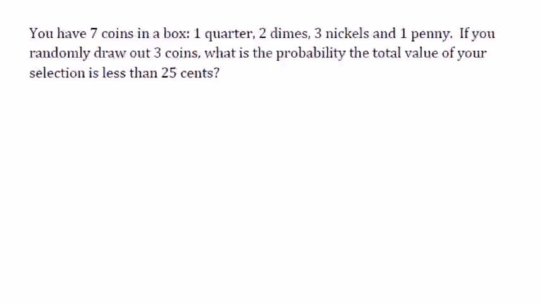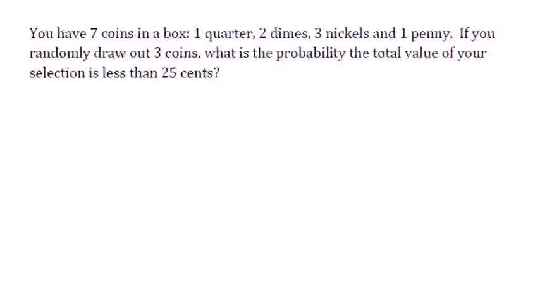Okay, so this is a good probability problem. It says you have 7 coins in a box: 1 quarter, 2 dimes, 3 nickels, and 1 penny. If you draw randomly out 3 coins, what is the probability the total value of your selection is less than 25? Well, whenever you're doing probability, it's always a good place to start to try to find the total number